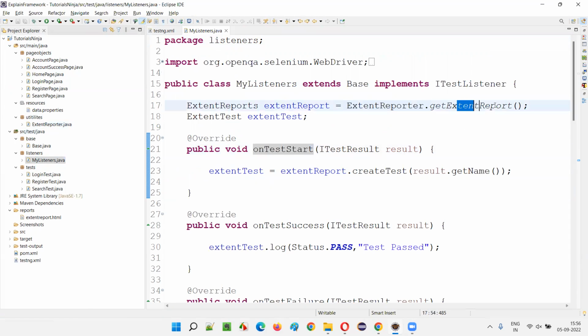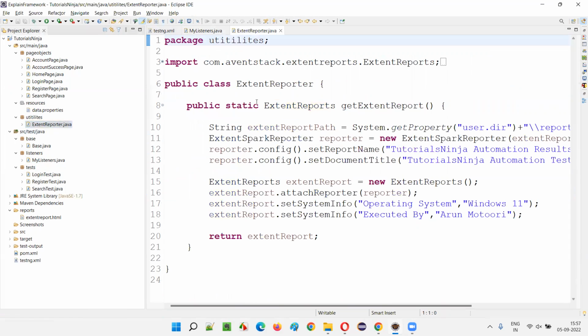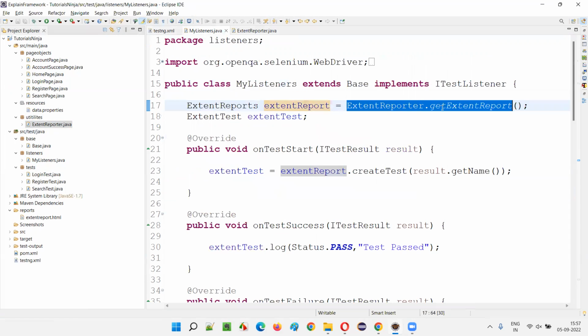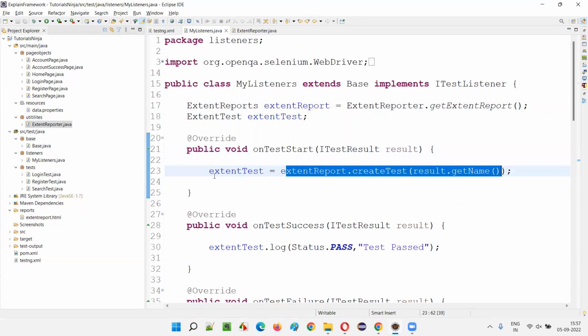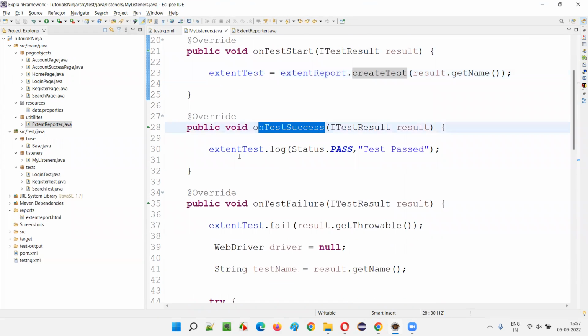First of all, here you see, I'm just calling this getExtentReport method. I'm getting an object reference of this. Because it is static, I have to call it with the class name. If you see the ExtentReporter.java here, this is a static method. So ExtentReporter.getExtentReport I need to mention in the listeners class, and this will return the object of the extent reports. Now using that object reference, I am creating the test in onTestStart. All the steps related to Extent Report, guys. The ExtentTest object will come,